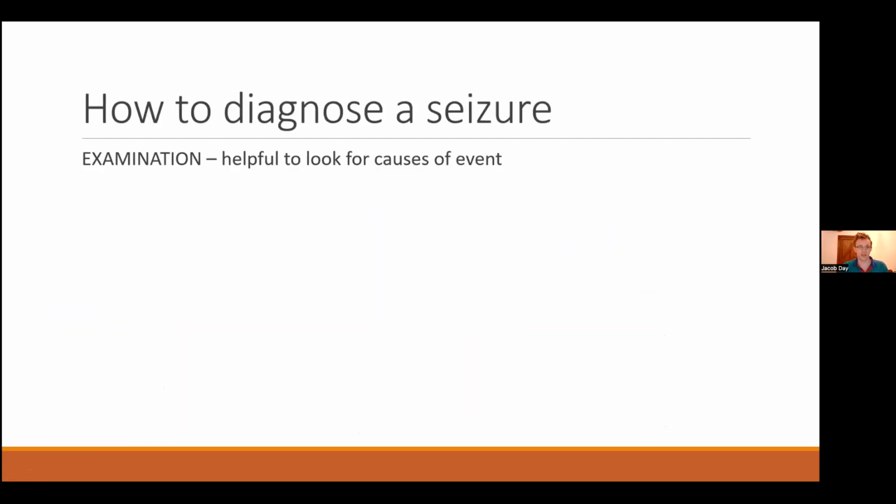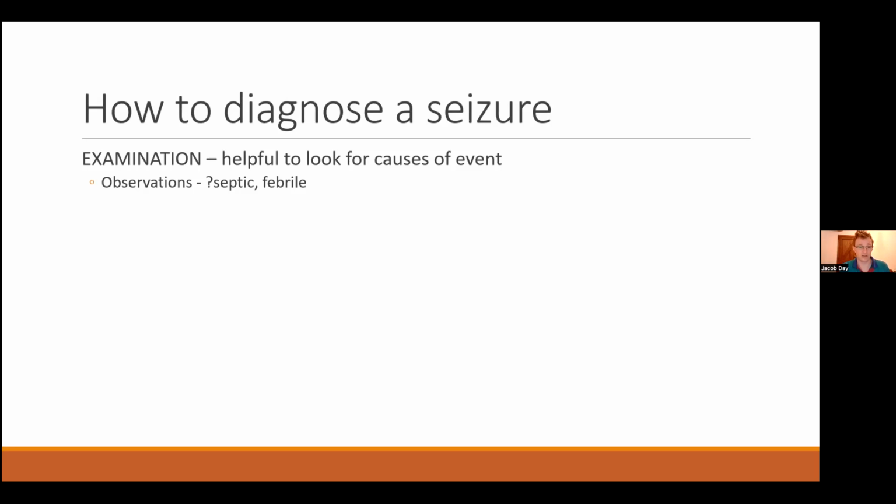Okay, fine. So sticking with diagnosis, I think the history is how you make the diagnosis. The examination is then basically looking for anything that might have caused a seizure, and also to look for any injury, so any consequences of the seizure. So big things, are they unwell? Do they look like they've got sepsis?